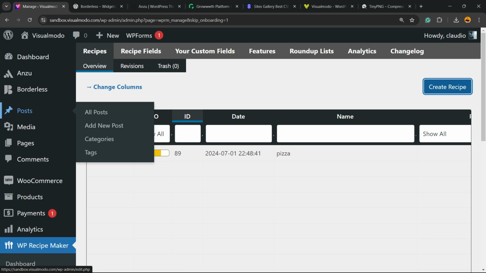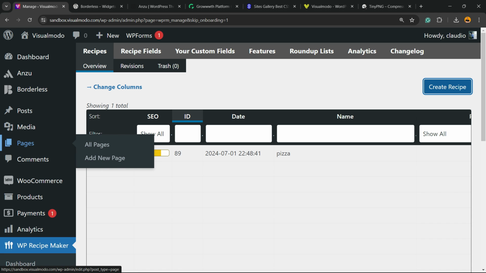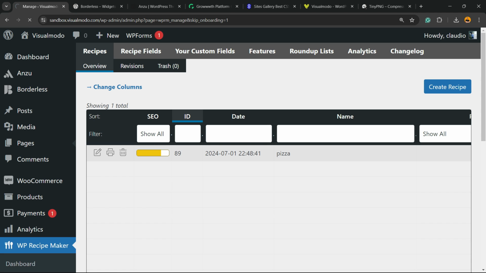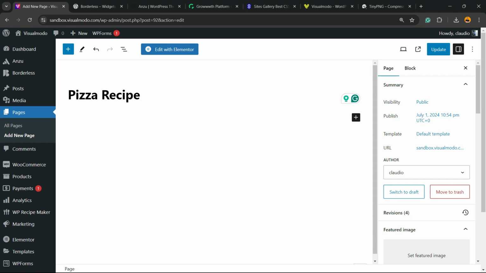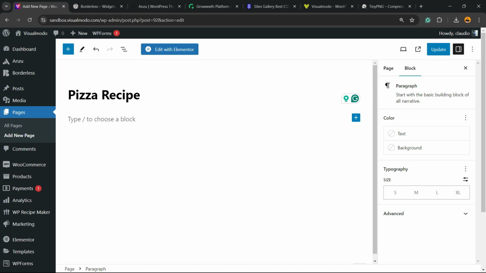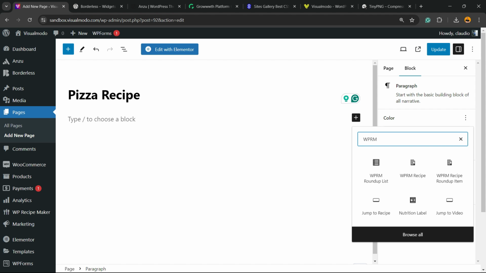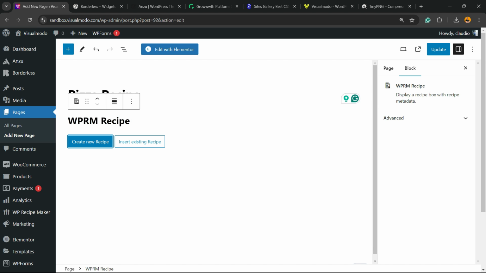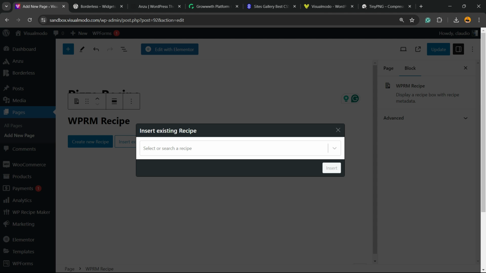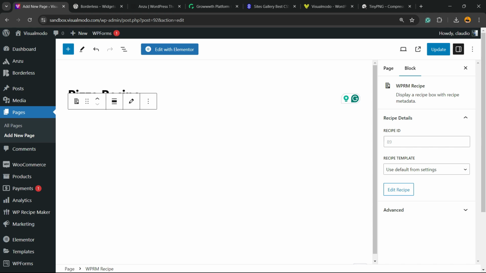Now let's apply this into some post or some page. Go to WordPress left sidebar menus, hover mouse over page and click on add new page. Or go to a previously made page, okay? You are on your page in the WordPress editor. You can click this plus button to add a new block and search for WPRM. And the block that we're looking for is this guy right here, the WPRM recipe. We can create a new recipe, we just already did it, or we can insert an existing recipe. I'm gonna select our pizza recipe, click on insert,